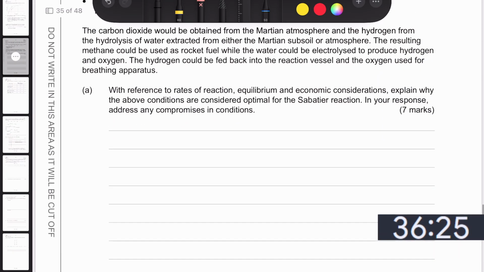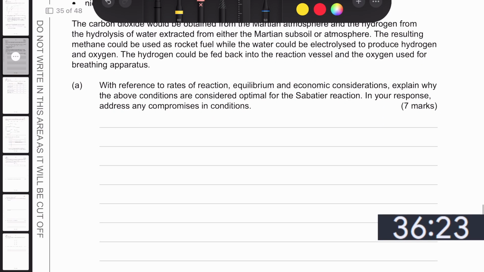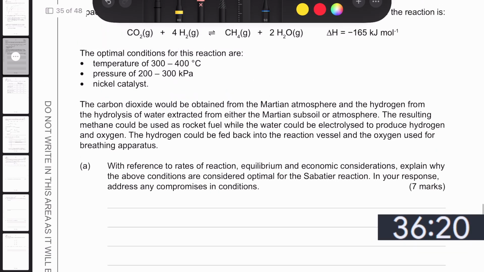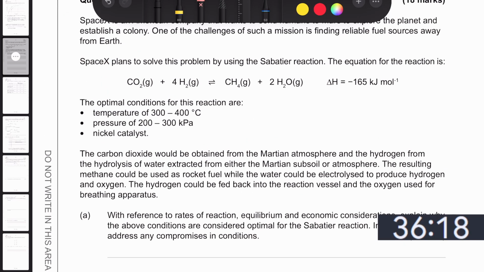Okay. Of above economic considerations. Explain why the above conditions are considered optimal for Sabatier reaction in response to address any compromises in